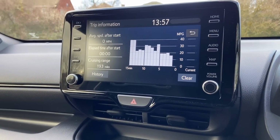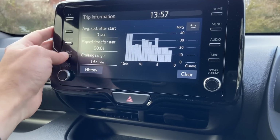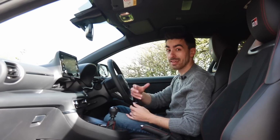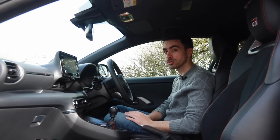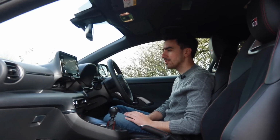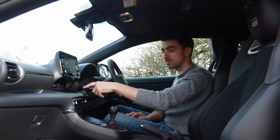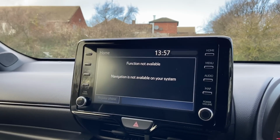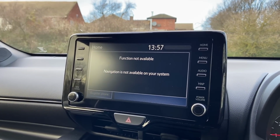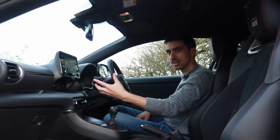The infotainment system is pretty simple to use. It's not the most exciting thing to look at, but let's face it, the first thing you're probably going to do when you get in is plug in your iPhone or your Android phone and use Apple CarPlay or Android Auto respectively. The only thing that does surprise me a bit though is that you've got these physical button shortcuts which are all really handy, but there's one for map, but there isn't a sat-nav system in here, so it's completely useless. Come on Toyota, this is a top spec model, I'd at least like it to have a sat-nav